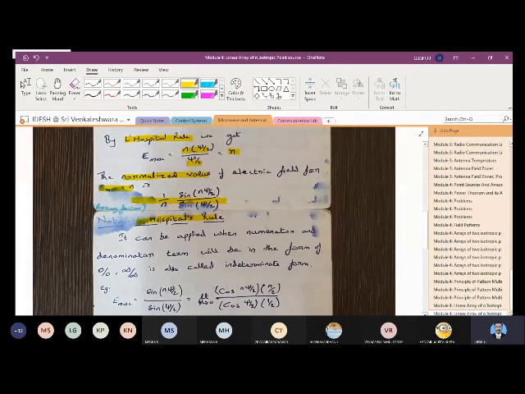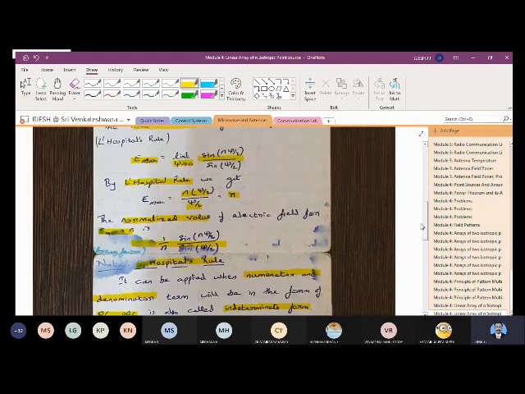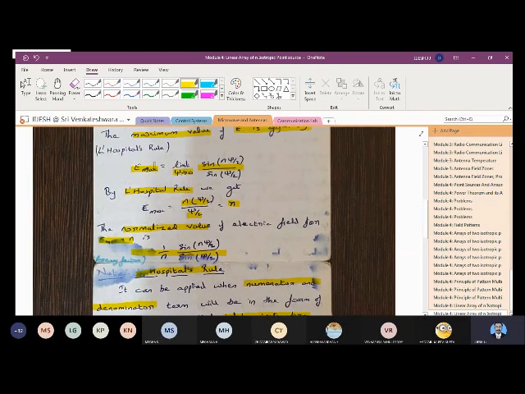So let me just take you through L'Hospital's rule. It can be applied when the numerator and the denominator terms are in the form of 0 by 0 or infinity by infinity. It's called indeterminate form. If your numerator and denominator are in the form of 0 by 0 or infinity by infinity, you go with L'Hospital's rule. So when we substituted for psi, that is the limit of psi tends to 0, sine n psi by 2 by sine psi by 2, you know that this is of this indeterminate form.